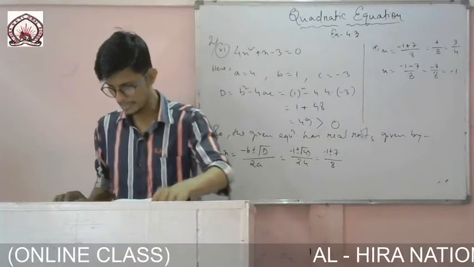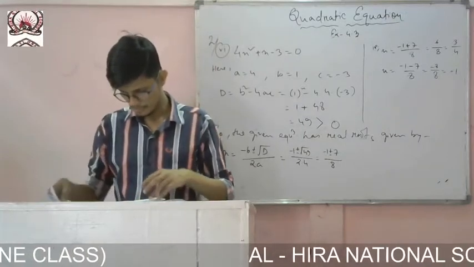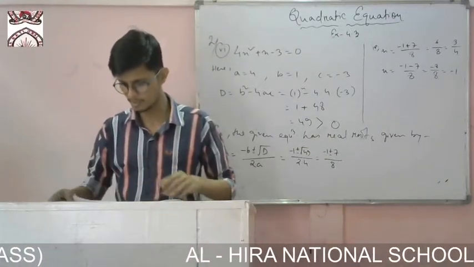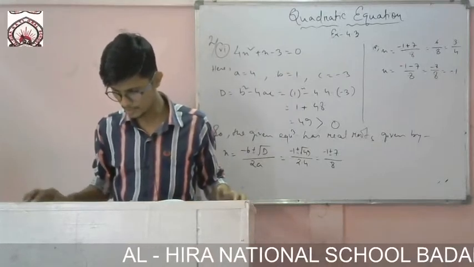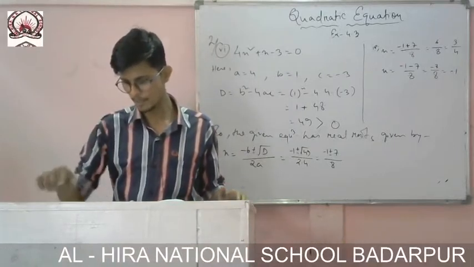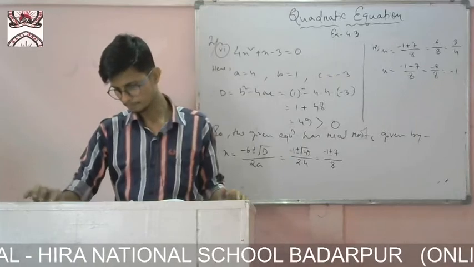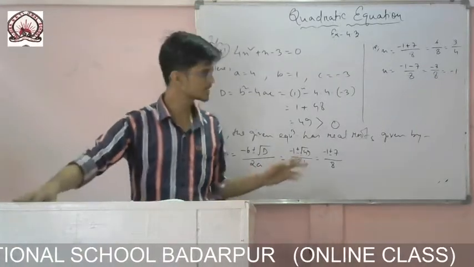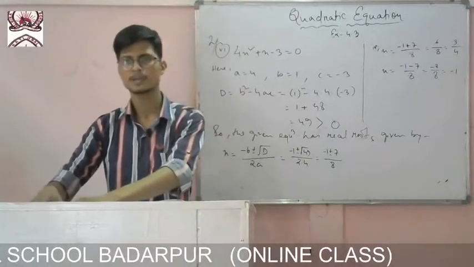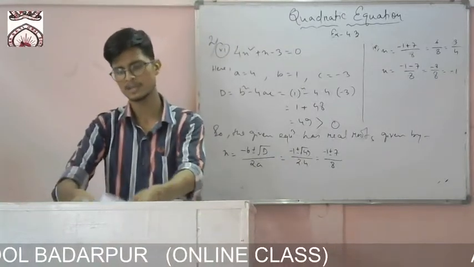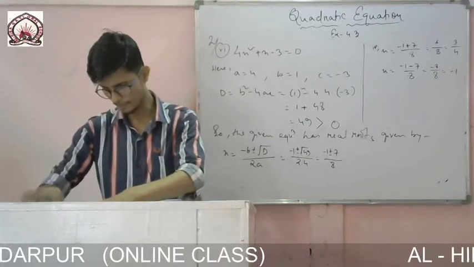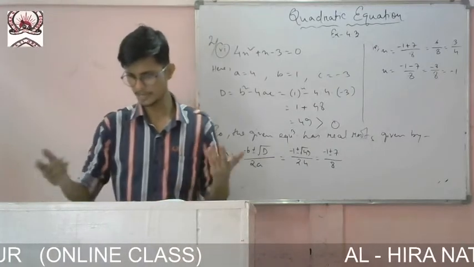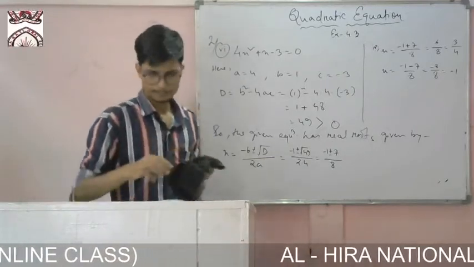So now you see question number 3. You do the other sum. Okay, if you have a problem you just contact me. So number 3, find the roots of the following equations by this method anyone. Okay, so we will use this method. This one is very easy actually. You just find b square minus 4ac and then you just solve it. So easy one.